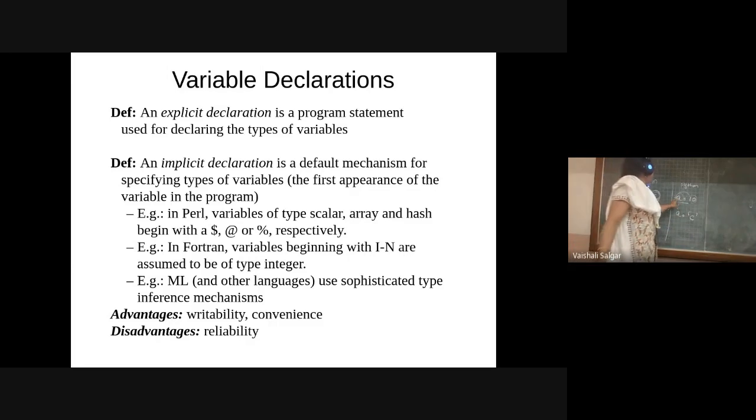When I use A is equal to 10, implicitly it will consider this variable as an integer. But when I assign a character to this variable, implicitly it will take that variable as a character. I hope now it is clear what is implicit and what is explicit variable declaration.